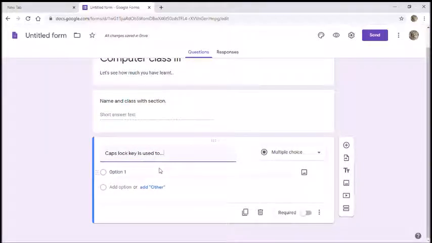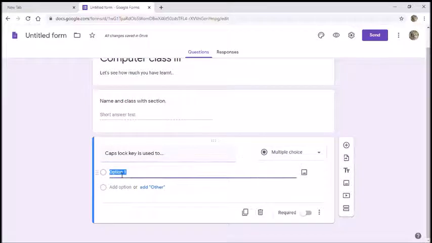Now here you can see that as you type the sentence, it will automatically show you the answer options. According to the sentence, we need to give options. So it's showing like this. Here it's showing multiple choice and here it is giving option 1. So when you click on option 1, you can write your options. Like I'll be writing